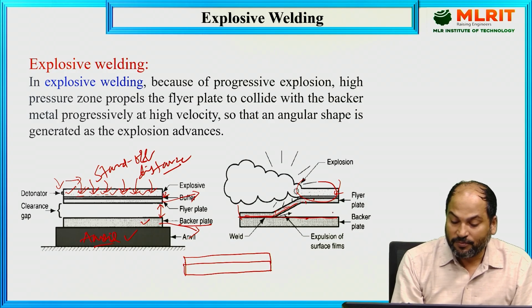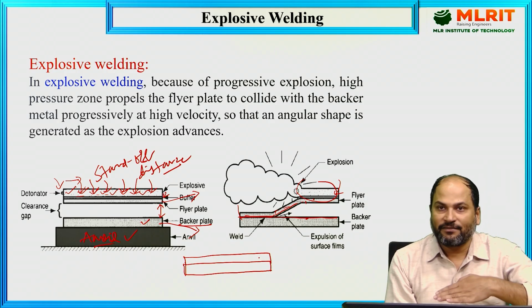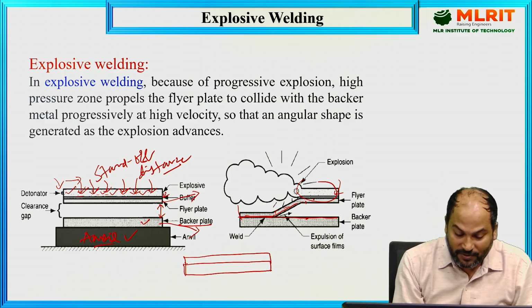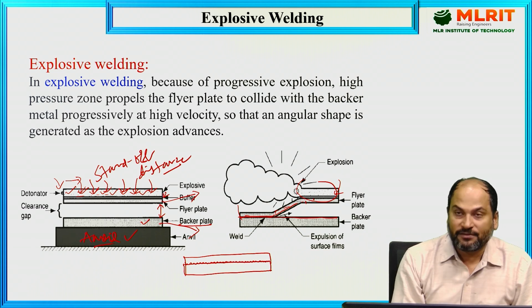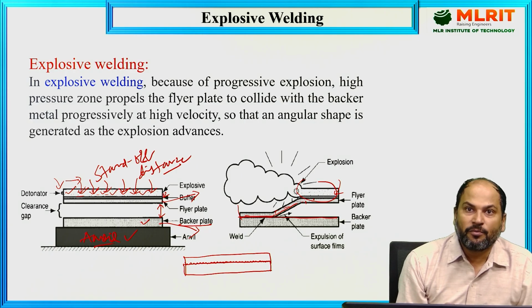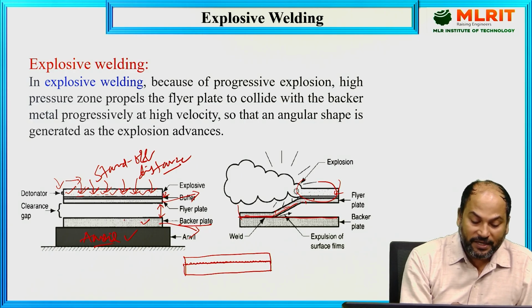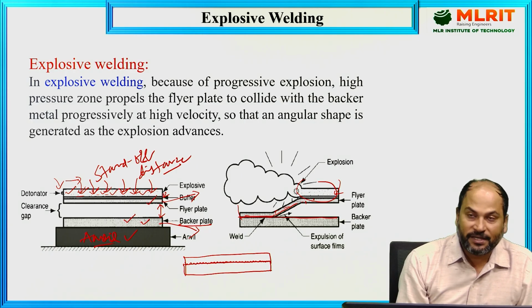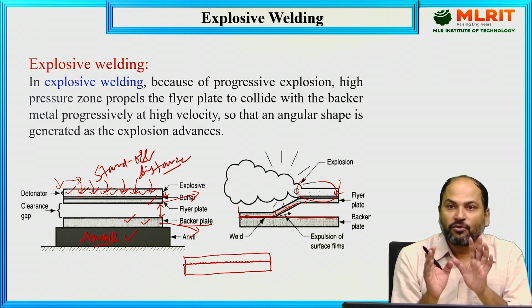So it is very important to understand what will happen once it strikes. It is striking at a very high velocity. So what will happen? The part which can be welded will be like this. A zigzag surface will be created between these two welded sections. So this is also explosive welding. Here also there will be no melting of the material. One plate we are joining with another plate. These two parts, there will be no melting over there.